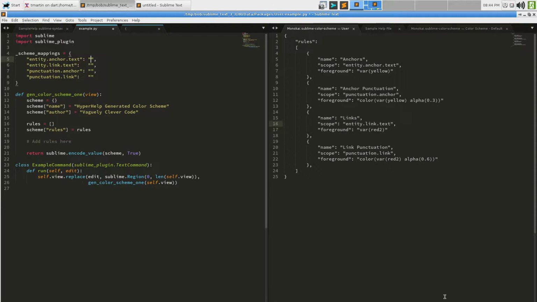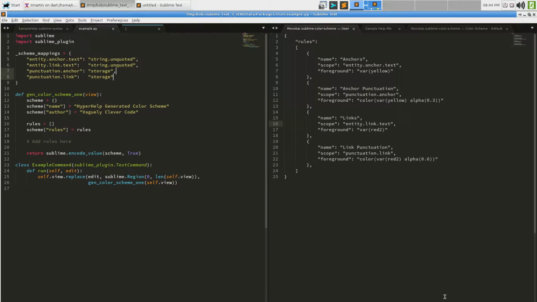Basically, that scope was something that I already knew was a color I wanted. So for the anchor text and for the link text, we would say that the scope was what? It was string.unquoted that I was using for that. And for these two, it was just storage.